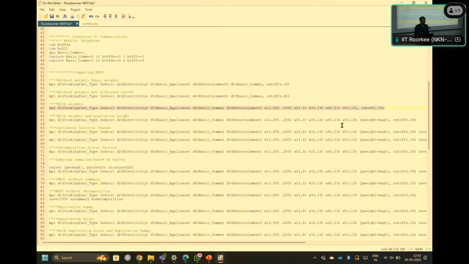So the population weight should have been taken in the calculation so that the estimation we are making represents the India level. So pweight is the additional information we are giving, and the weight variable is HWGT. Weight variable here is SWGT.